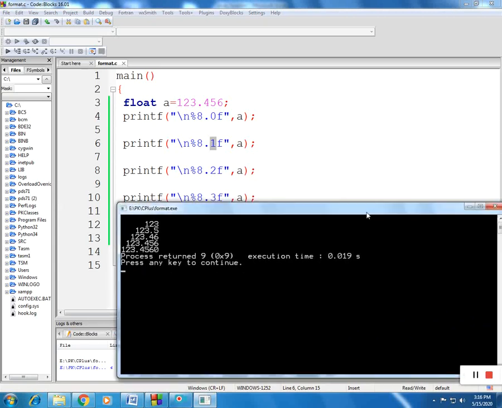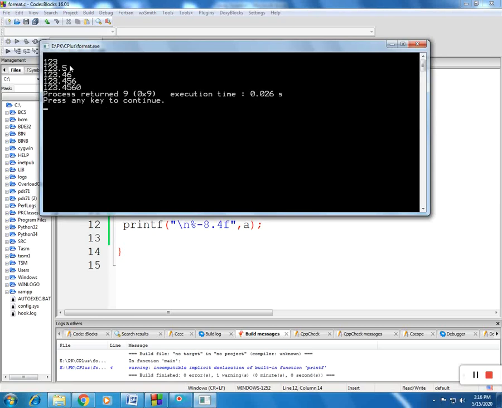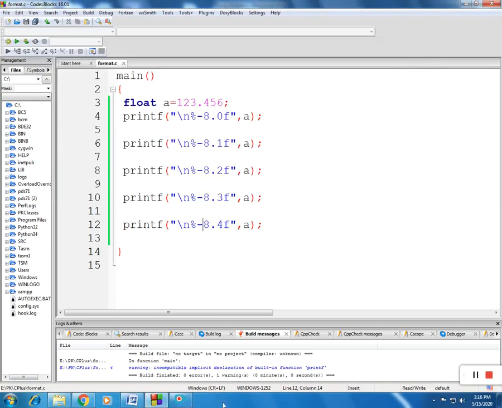If you want the same for left justification, place a minus sign. Save it and execute. This is left justified, and by default it was right justified.